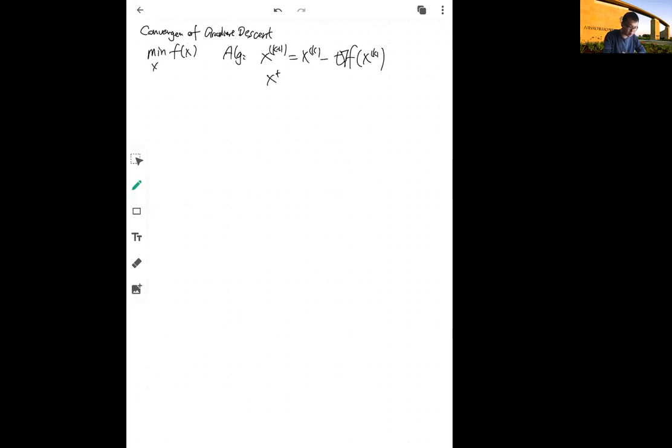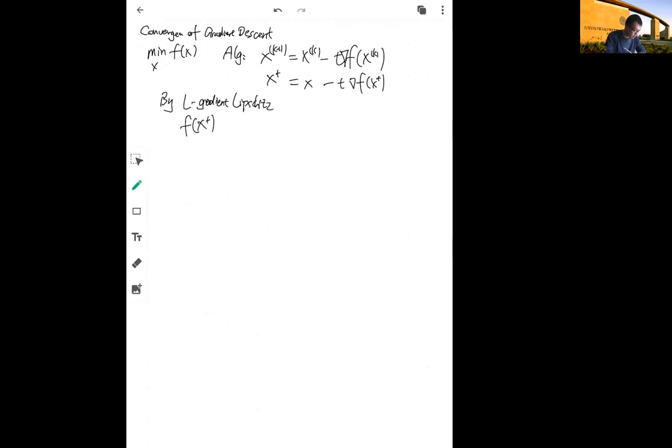For simplicity, we'll call the current iterate x, and the next iterate x plus. So this becomes f of x plus. Now, the first thing that we wanted to prove is that gradient descent actually monotonically decreases the objective function value. So let's use the condition that we are assuming. By the L gradient Lipschitz condition, or the L smoothness condition,